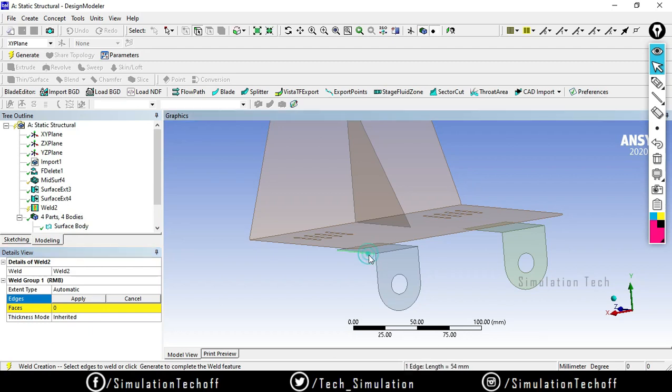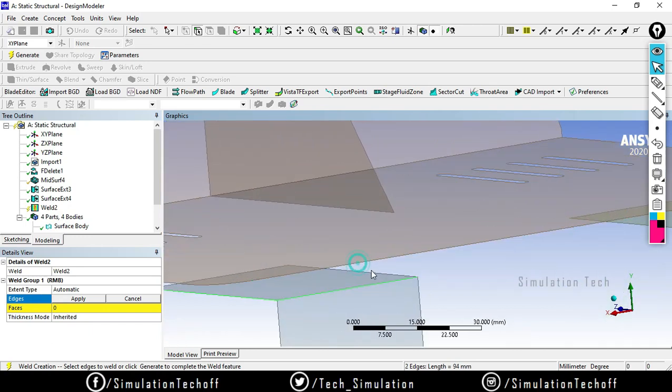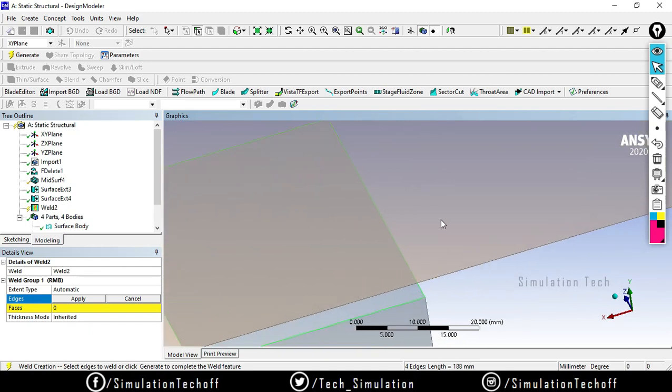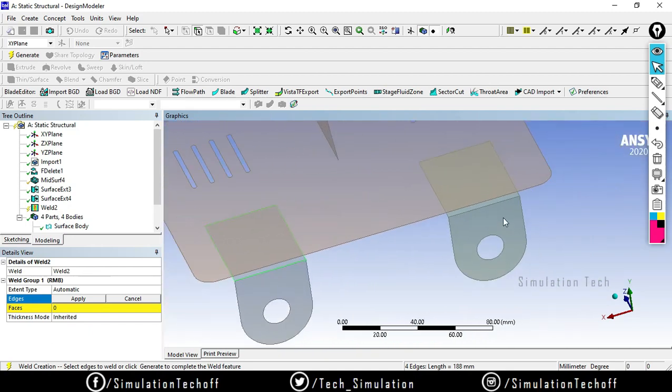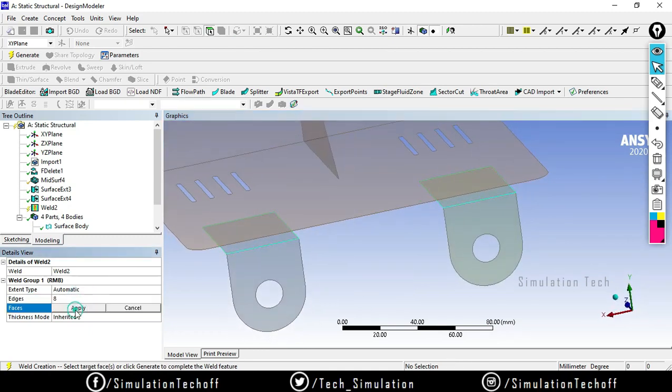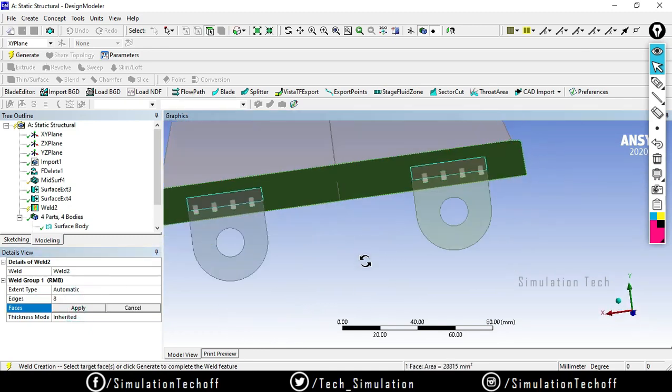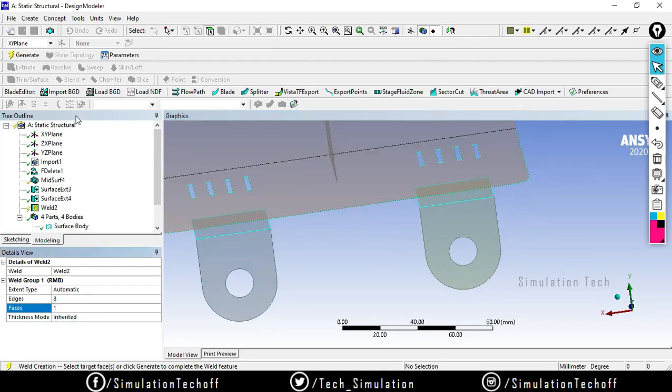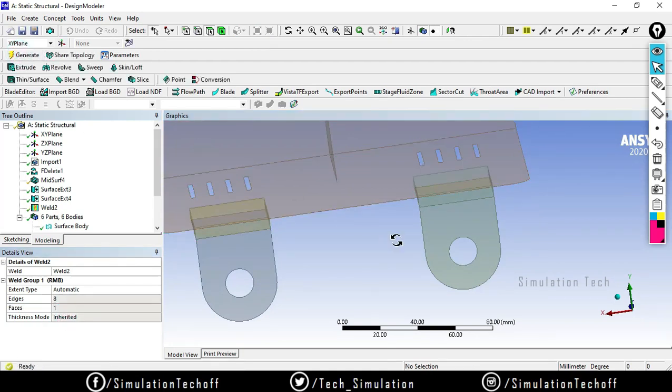So select the edges, this edge and this, not this, this and this. Good. So I have selected the four edges. Similarly this. Okay, so far I have selected 8 edges and my face is this, and click on apply and say generate.